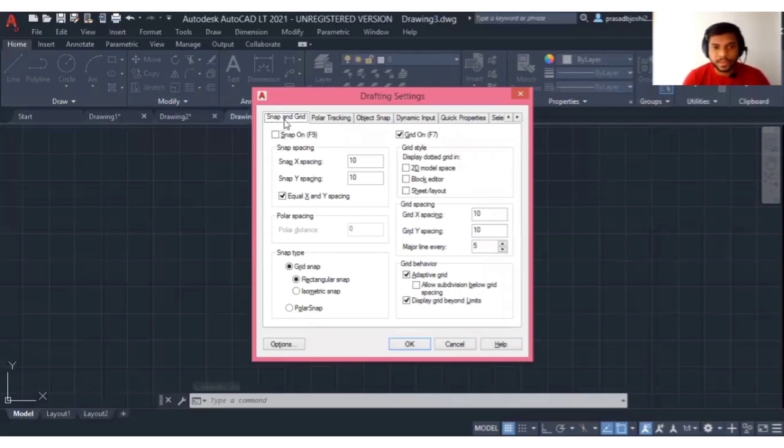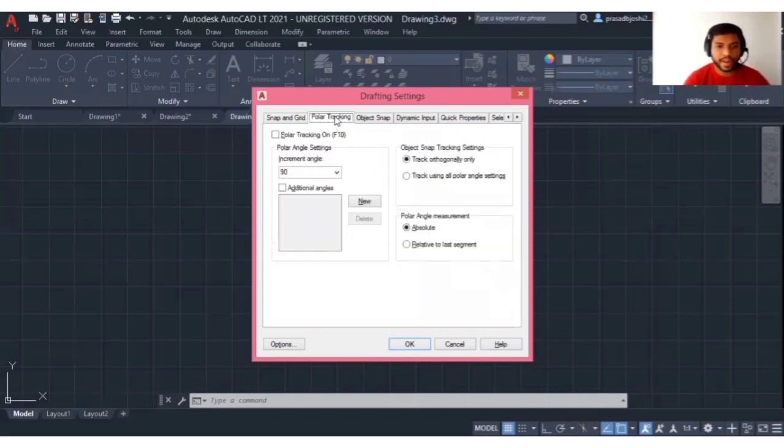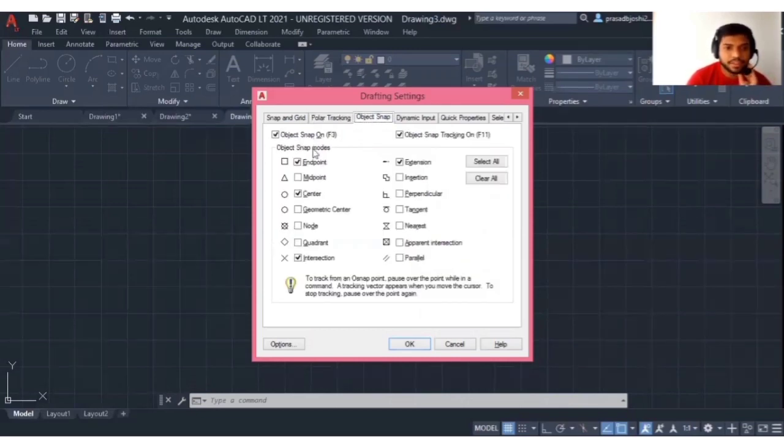First is snap and grid. In this we have snap and grid, we can start the snap option, then we have polar tracking, then we have object snap. From object snap we can select different snap modes. We have endpoint, midpoint, center, etc. Always remember, click on select all, so all the options get selected, and check whether the object snap on tick box is checked.